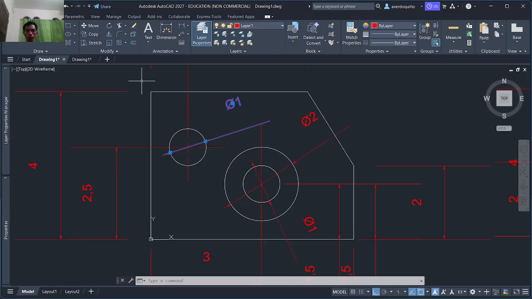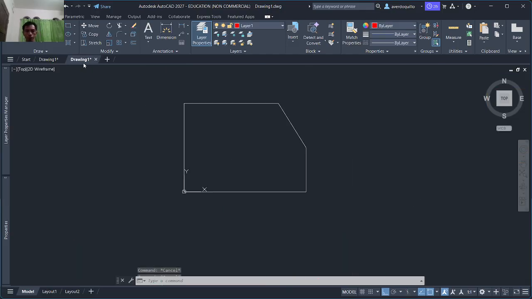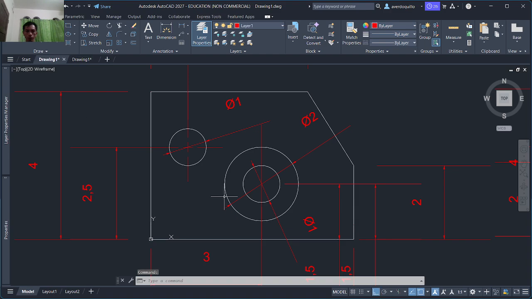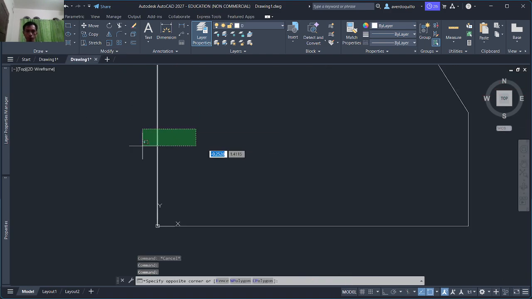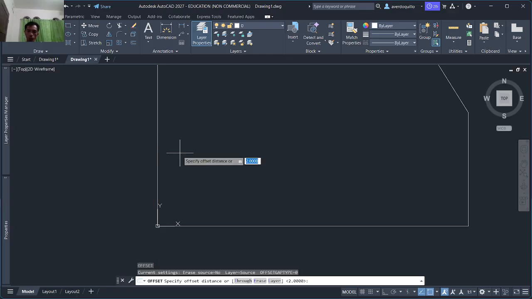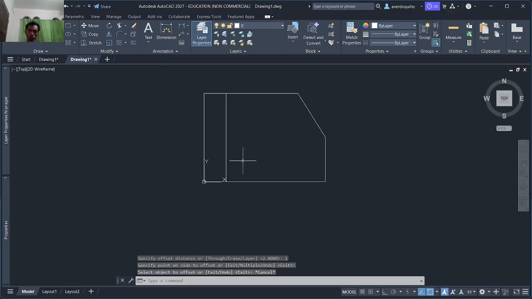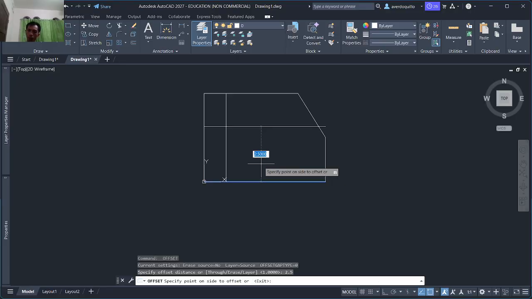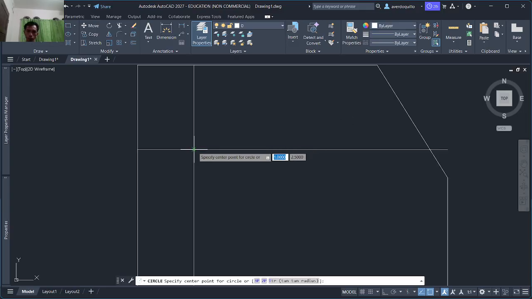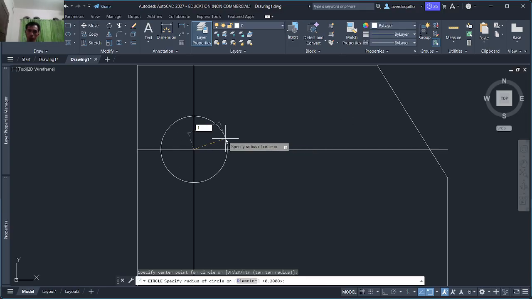But for now, I think I'm going to resort to offset. So let's offset this one, offset 1. Then this other one is, I think, 2.5. Now we have a circle here of 1.